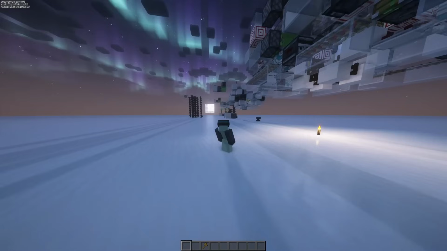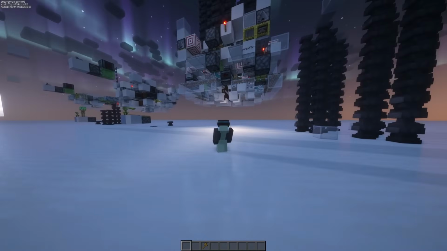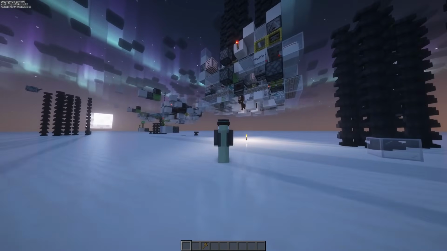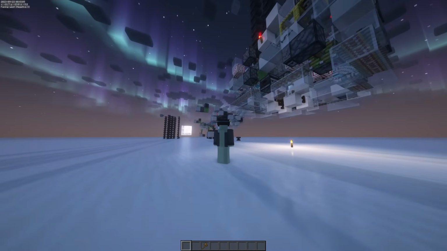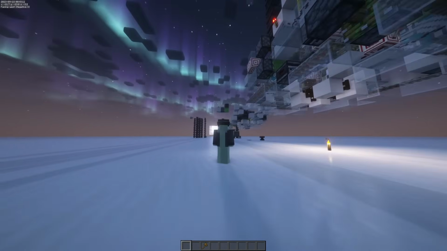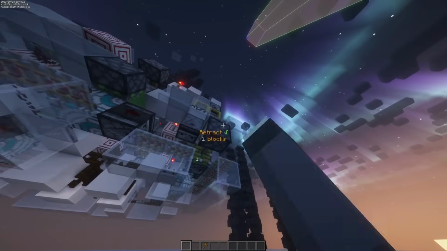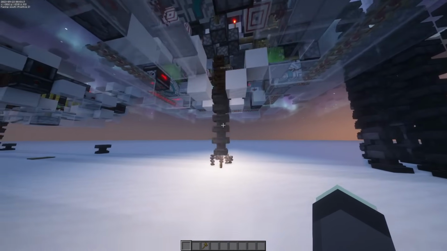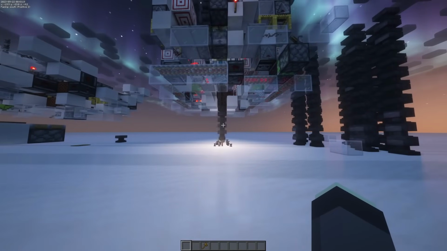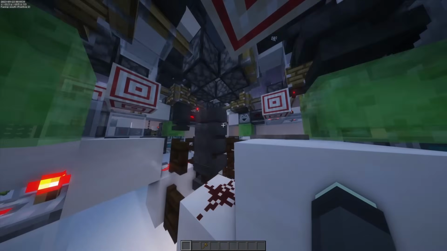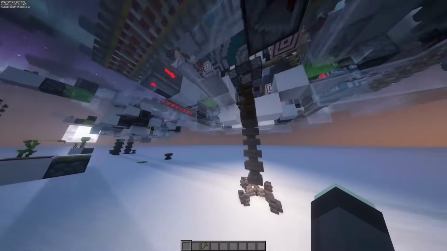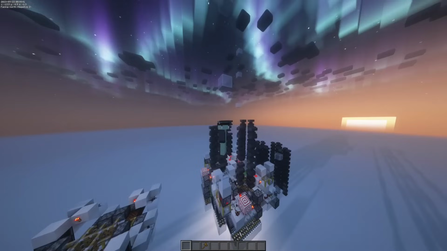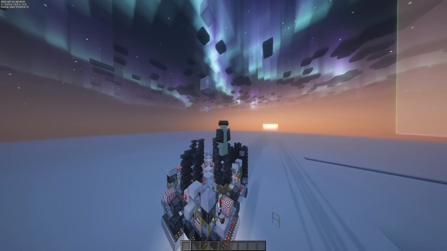Another possible route you could go to figuring out a good idea for something totally useless is to flip an idea on its head. A bunch of people spend so much time trying to design iron farms, trying to figure out the fastest way to produce iron, and nobody spends enough time trying to figure out how to destroy it as quickly as possible. This machine was essentially designed to do just that. Using very clever principles and a lot of really incredible timings, we're able to burn through 20 anvils per second in just about the most fashionable way possible.